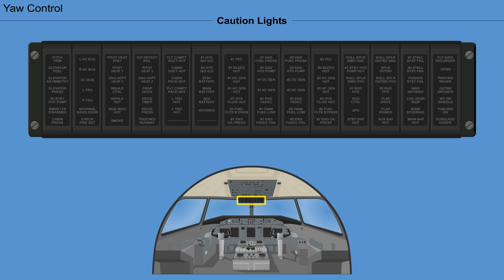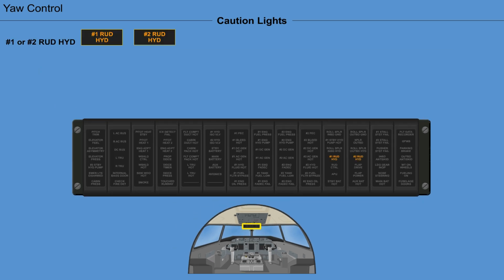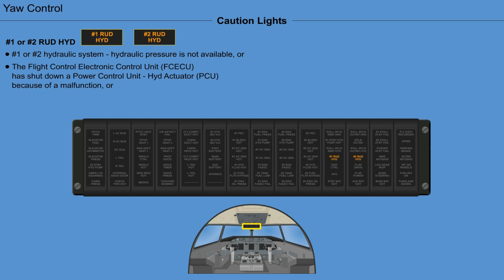Rudder hydraulic system malfunctions are indicated by the following caution lights. The number 1 or number 2 rudder hydraulic caution light illuminates whenever the number 1 or number 2 hydraulic system hydraulic pressure is not available, or the Flight Control Electronic Control Unit, FCECU, has shut down a power control unit, PCU, because of a malfunction, or the rudder number 1 or rudder number 2 push-off switch has been